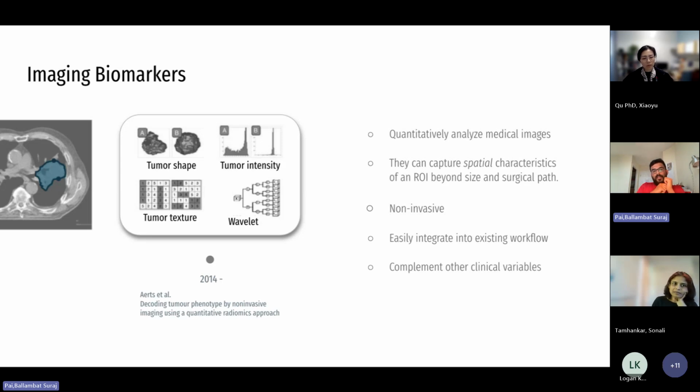You could get a distribution of tumor intensities. You could understand tumor textures by understanding gradient changes in the intensities. And you could also do higher order transforms, such as wavelet transforms, and decompose it into a frequency representation and understand what happens there. And the idea is they're able to capture characteristics of the tumor, which are distributed in